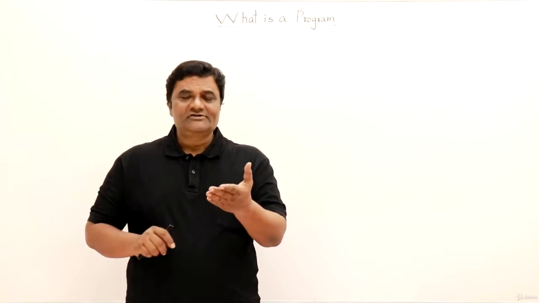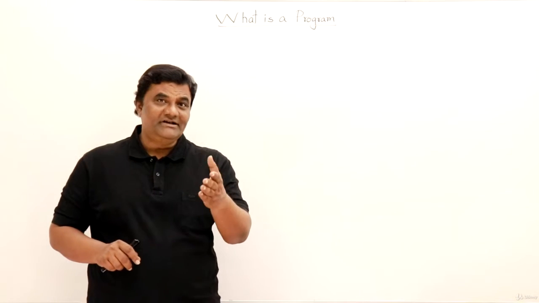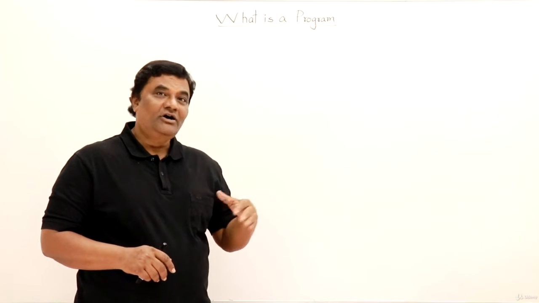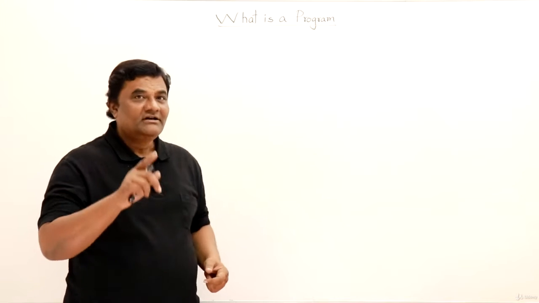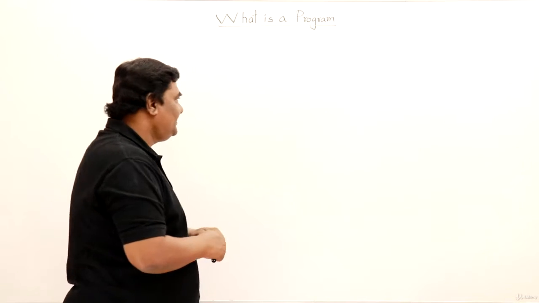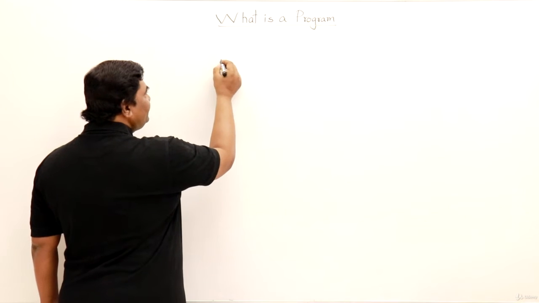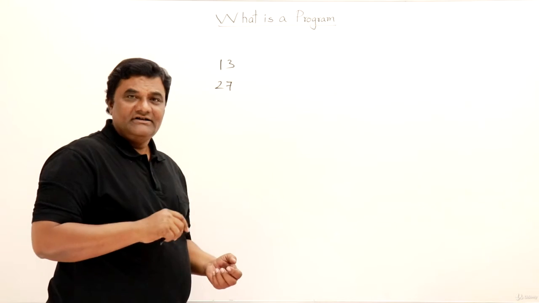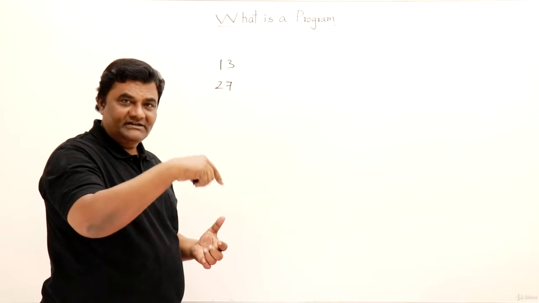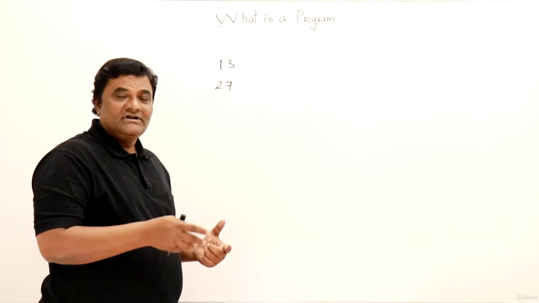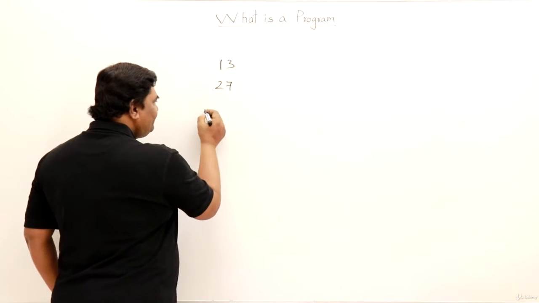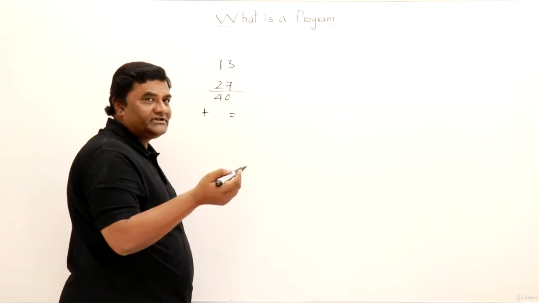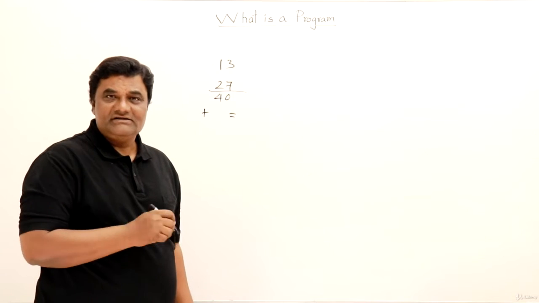That computation work can also be done using a calculator. Yes, it can be done using a calculator. So let us understand first how we use a calculator, and then I'll show you how we can use computers and what it means by programming. We use a calculator like this. For example, if I have two numbers and I want to add them, the first number is 13 and the second number is 27. So take a calculator, hit the first number 13 and then press plus, then hit the second number 27, then press the equal to sign, and finally I get the answer, that is 40.